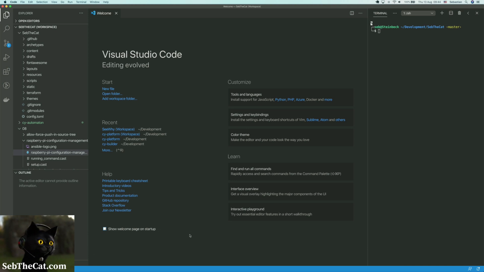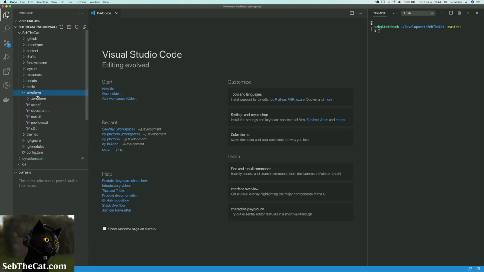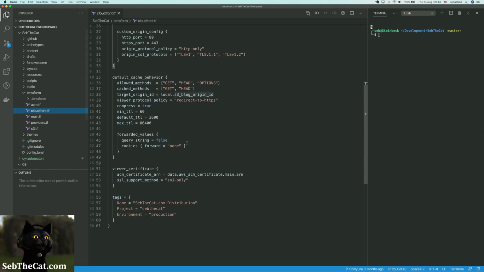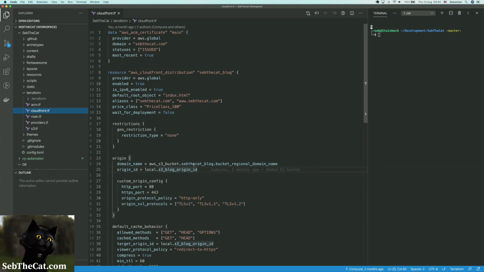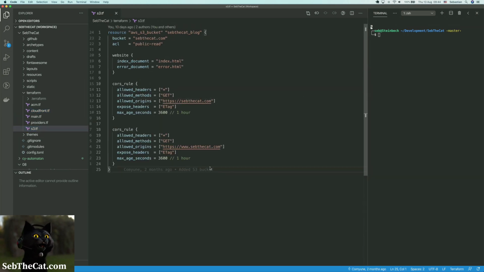So let's look at the problem itself. The problem itself is in the Terraform code, right? Let me find the code in question. I think it's actually in the S3 bucket here. Yep, so this is the issue we're having here. We have actually set up CORS before. Believe it or not, I do know what I'm doing, but for some reason this configuration